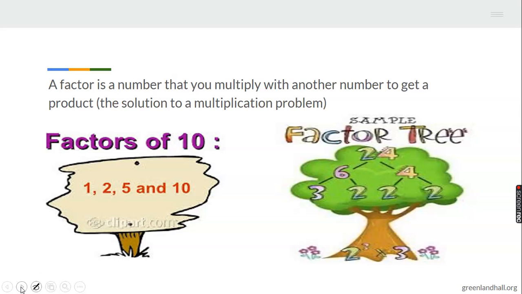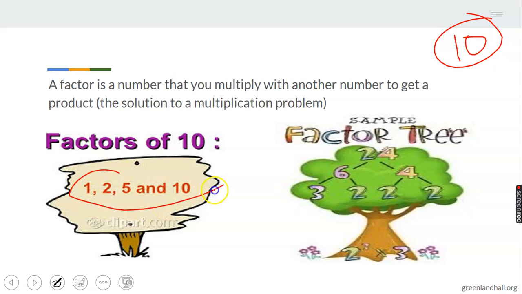A factor is a number that you multiply with another number to get a product. Remember, product is the solution of multiplication. Now, look at this example. Remember, we said they divide a number without a remainder. Let's start off with, let's say, 10. What are the factors of 10? All right, that's a brilliant way to go about it. In our chart here, the factors of 10 are 1, 2, 5,